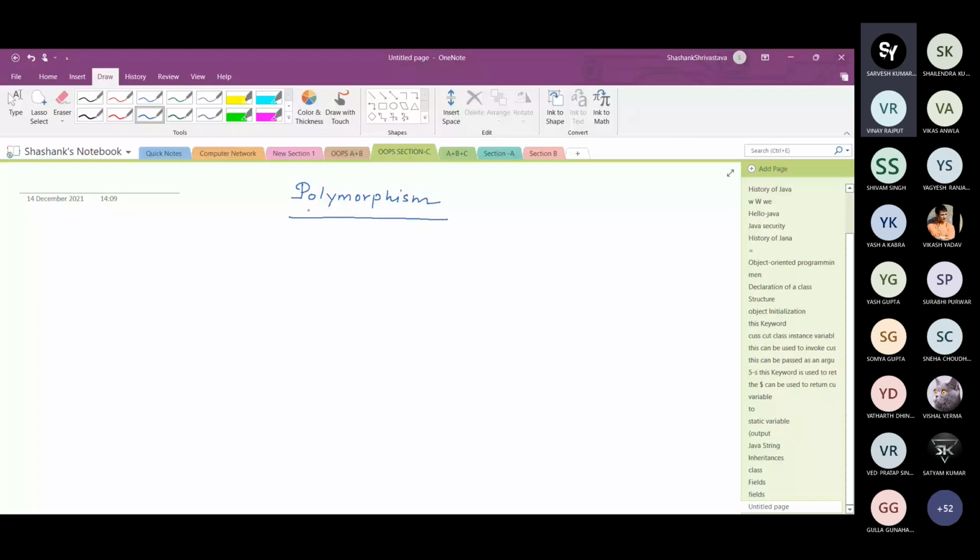So what is polymorphism? So as the name suggests, it is the combination of poly plus morph. The meaning is polymorph is many form. Poly means many, morphism means forms.